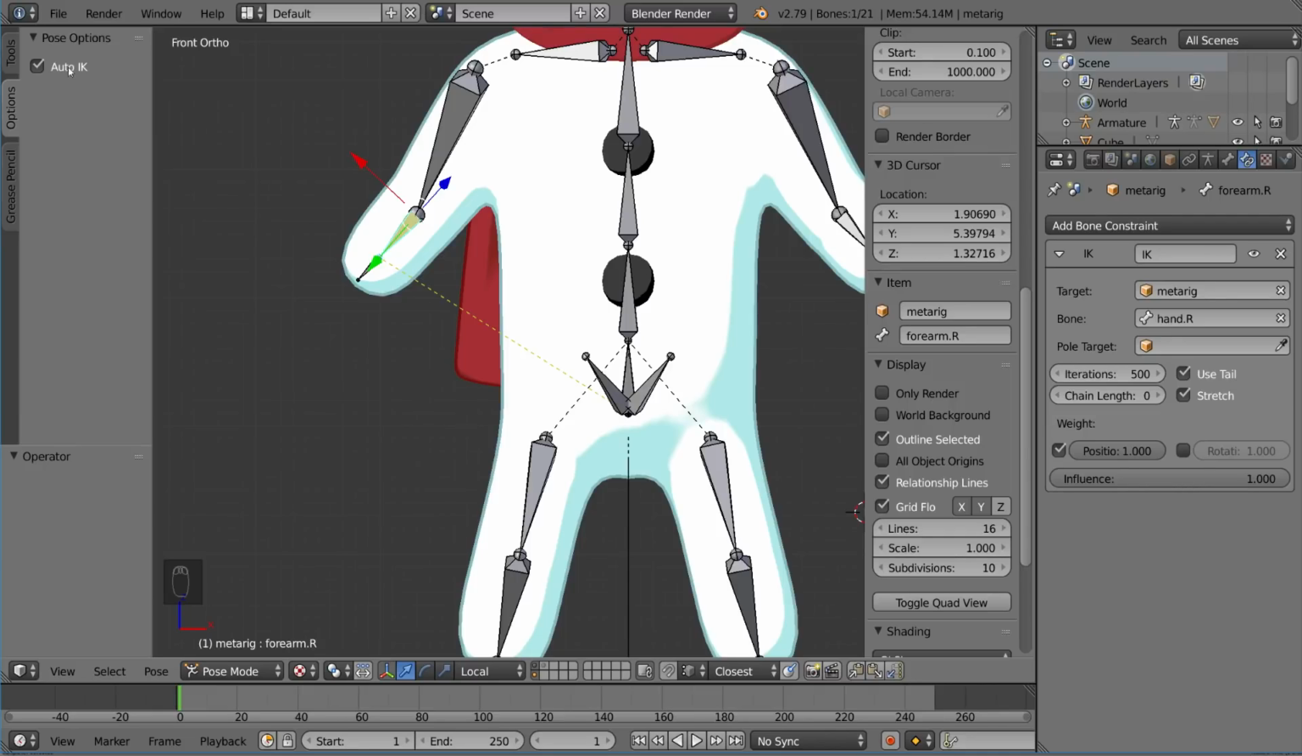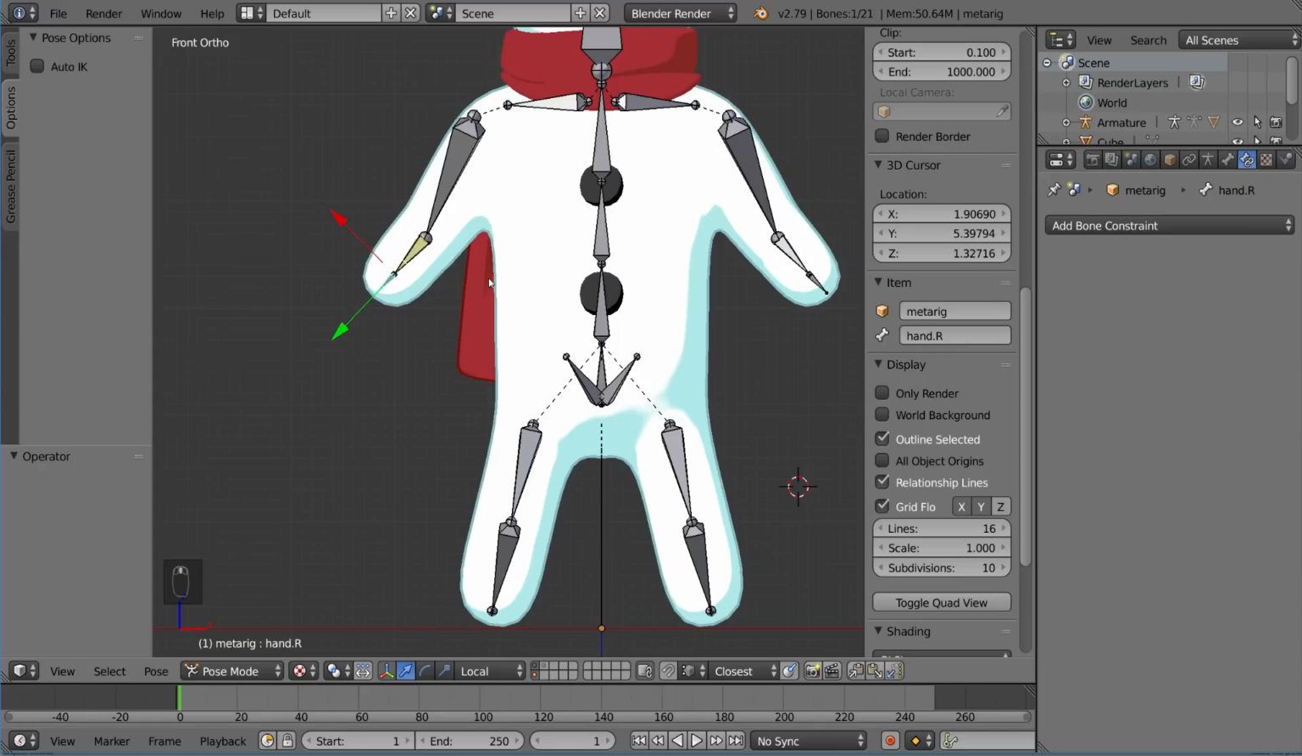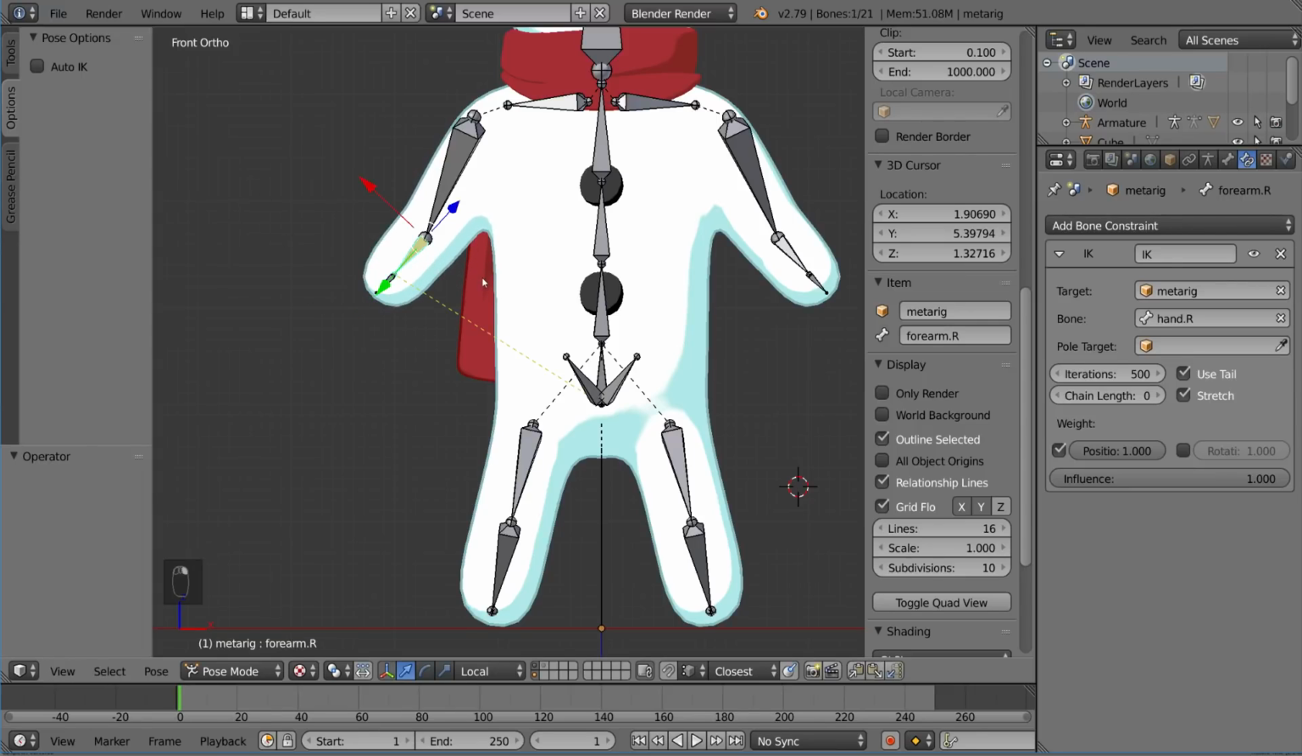So let's go ahead and try it now. But before we do, I'm going to go ahead and turn off Auto IK so that we don't get confused as to which system is actually working. So I'm going to go ahead and select this hand now, and I'm going to try to drag it. Let's see what happens. And nothing happens. So that's pretty anticlimactic. The reason for that is actually for a very good reason. It prevents a very specific problem